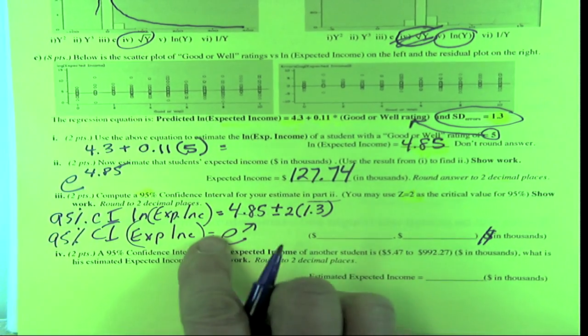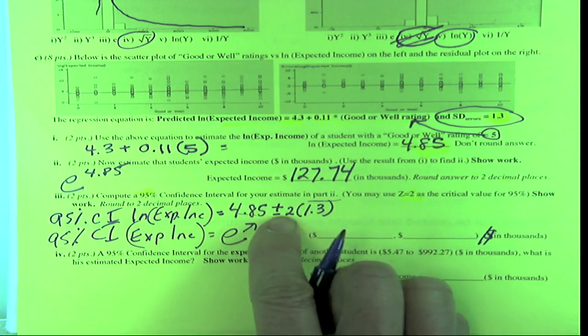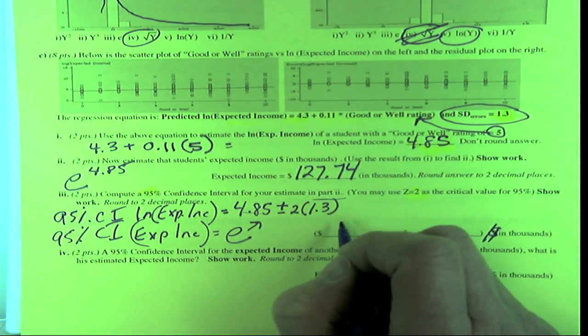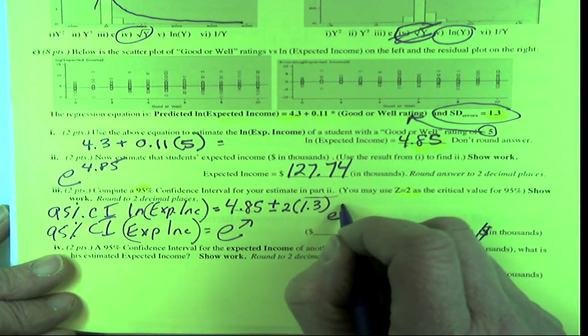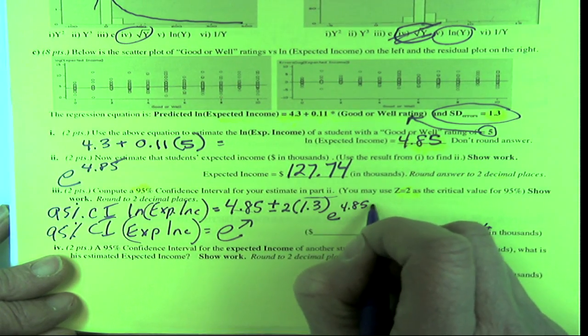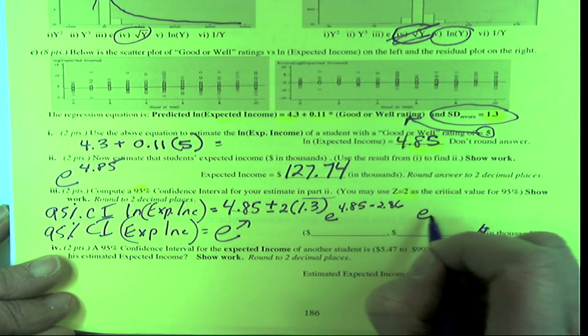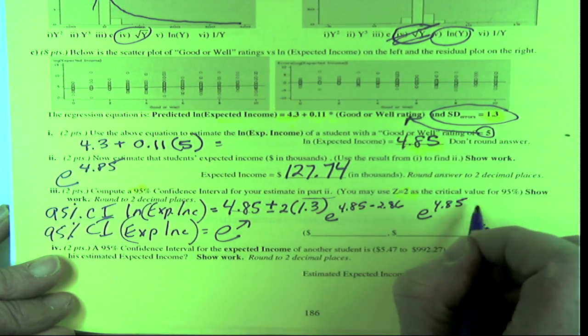So we're just going to say e to the 4.85 minus 2.6. So this is e to the 4.85 minus 2.6, and the upper limit will be e to the 4.85